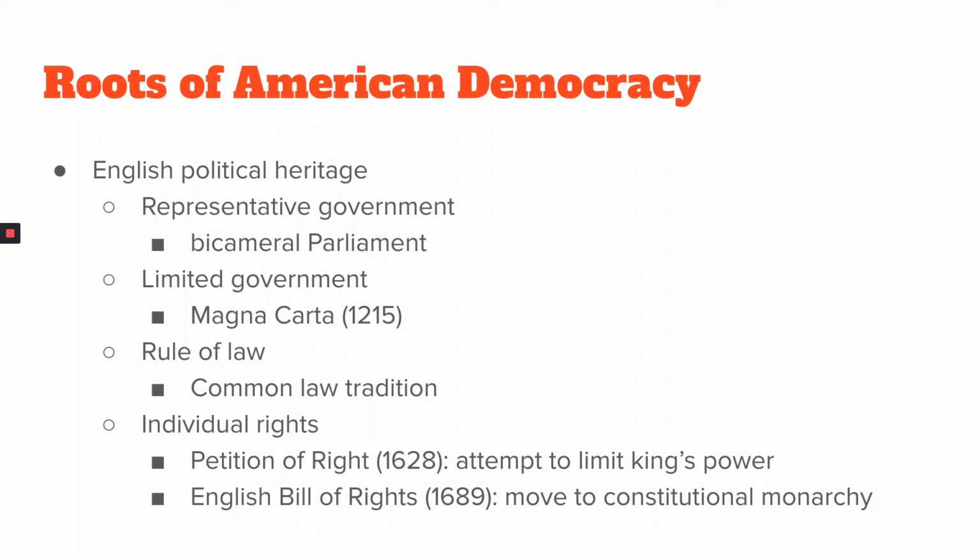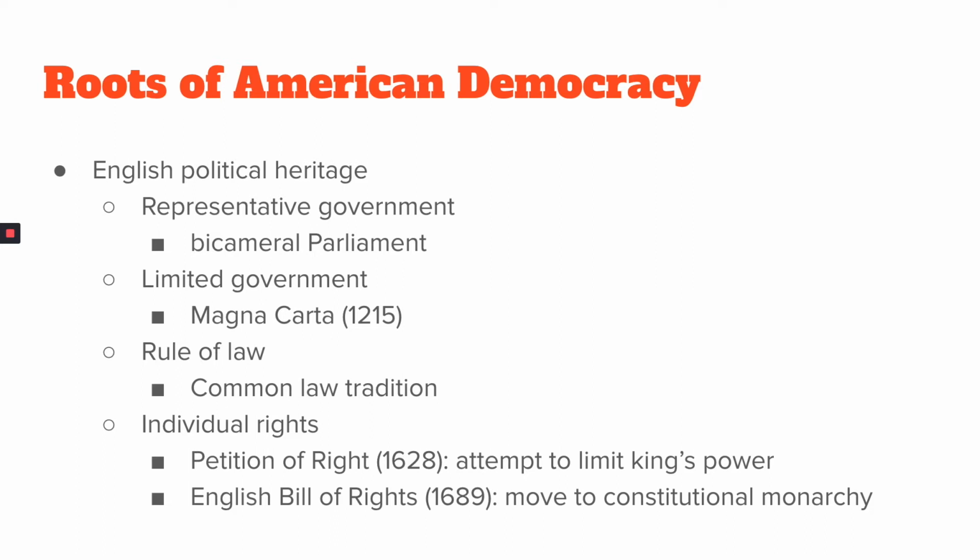A couple of noteworthy instances would include the Petition of Right in 1628, which was a response by Parliament to recognize certain civil liberties after King James I was attempting to shut down Parliament and move toward more of an absolutist regime model. And then the English Bill of Rights in 1689 marked the move to a constitutional monarchy